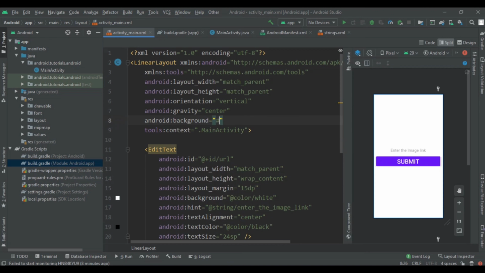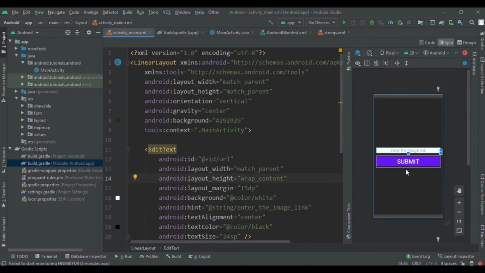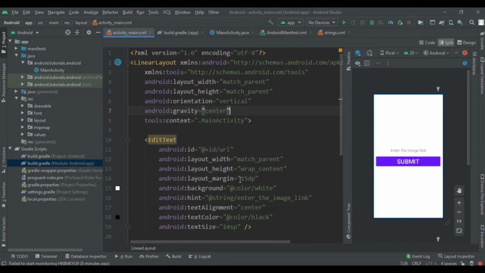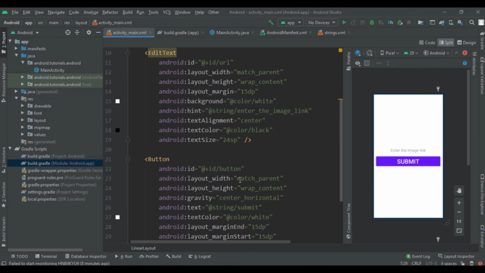So now I am removing it, and after that you will have to write text color to be black and align that text into the center and give its size according to you. Now I am changing this 24 to 36, and after that you can see that we are going to write hint. So here I had created the hint, that is enter the image link, and after that the basic